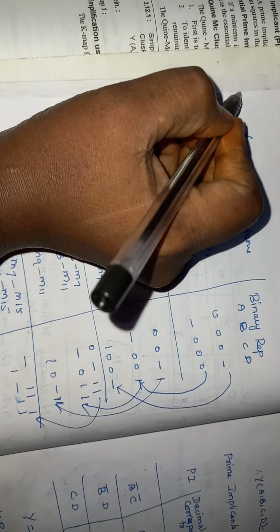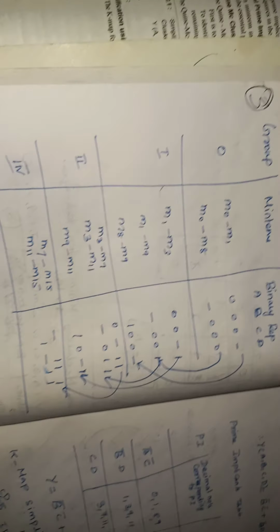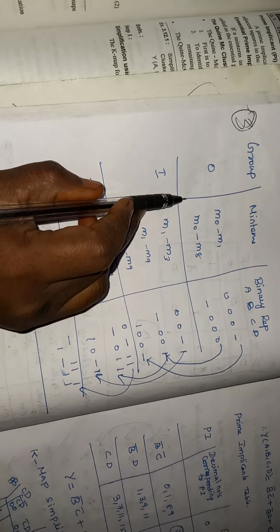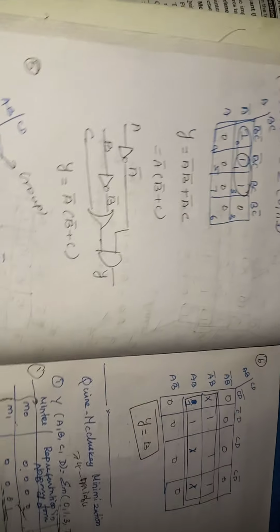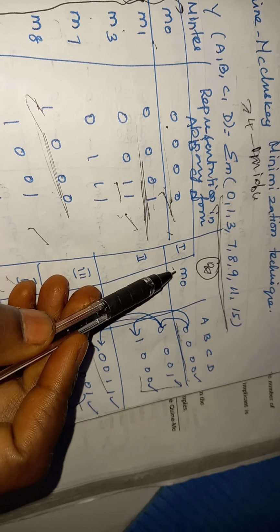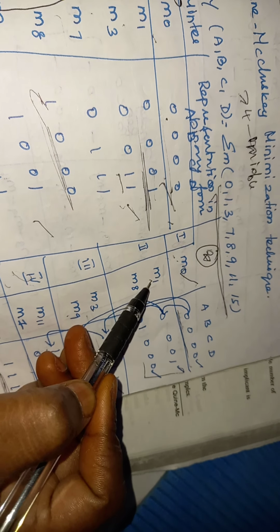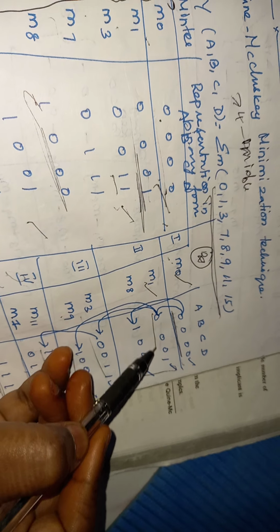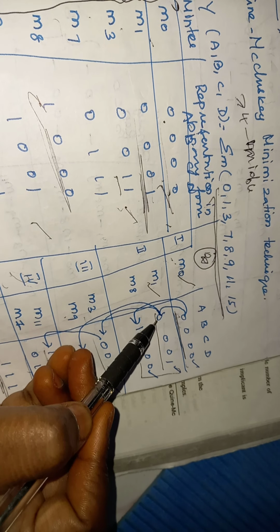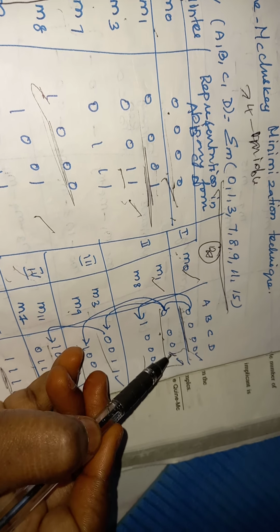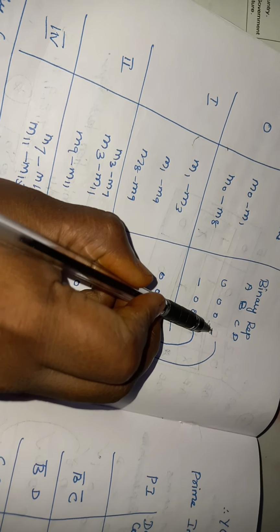The third step is to group the minterms based on a 1-bit position difference. Consider here, is there any 1-bit difference? You have to check each and every bit. First check these two, whether only a 1-bit difference is there. This bit is the same, this bit is the same, and in this bit there is a difference. The differing bit you have to mark as a hyphen, so here I have marked it as a hyphen.